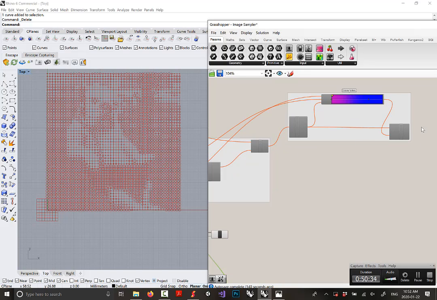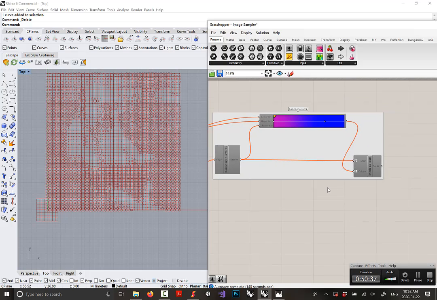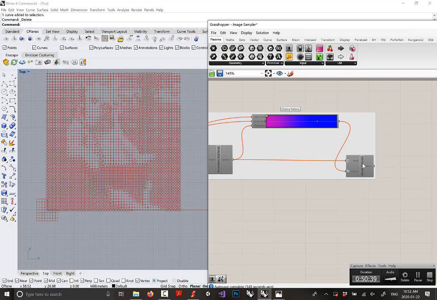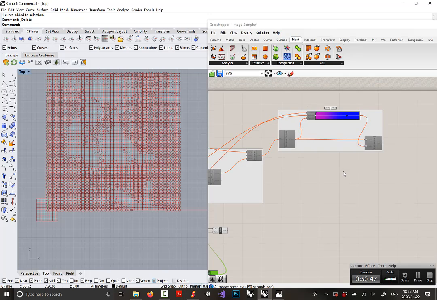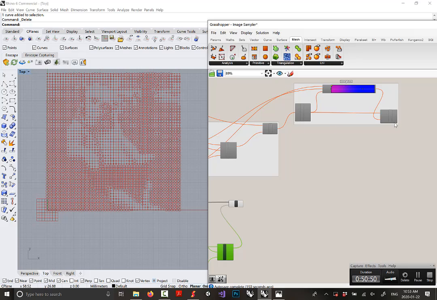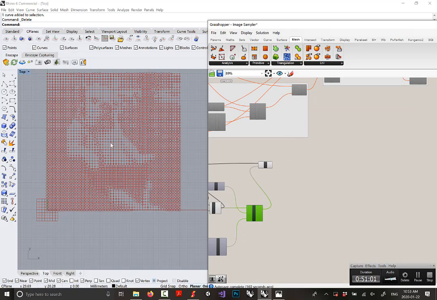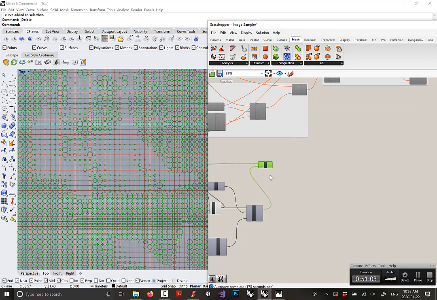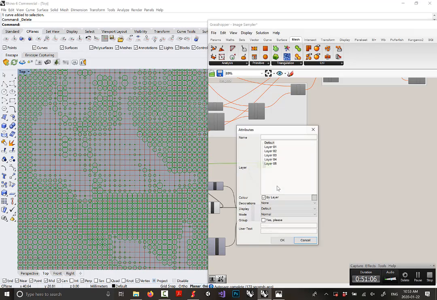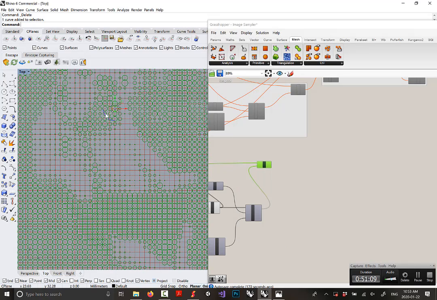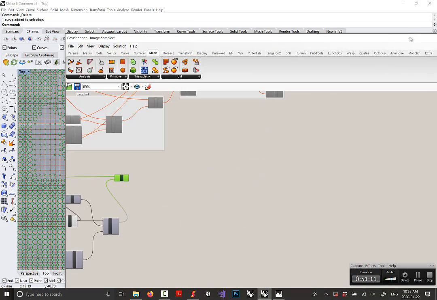The main difference between what Tina's done and what we're going to do here: remember, if you need to find out where a component is, you can always hold Control-Alt and click it, and it's going to show you exactly where that component is. The reason I'm not going to use this one is because it runs a little bit slower. The advantage to going this route is that you can bake this geometry back into Rhino. So remember, to bake, we just right-click a component, click Bake, click OK, and now even when we close Grasshopper,